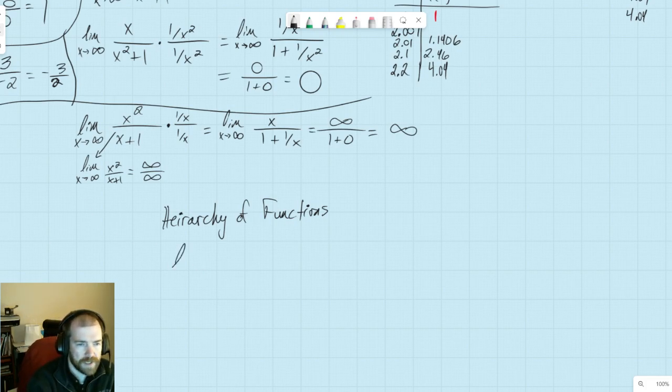So, basically, your natural log function is really slow. And it grows a lot slower, much less than, right? This is talking really about growth and the fact that the values of the natural log of x eventually, as x goes off to infinity, are going to be much less than the values of x raised to...